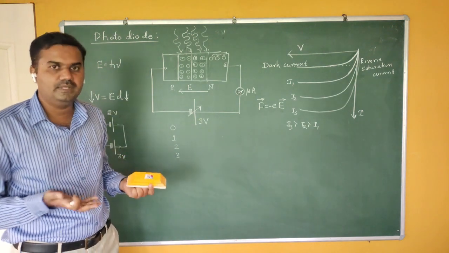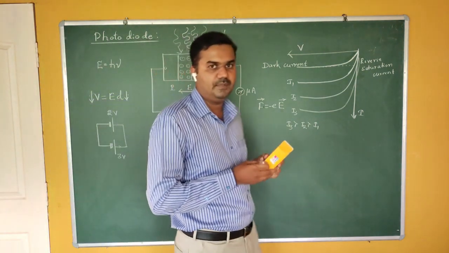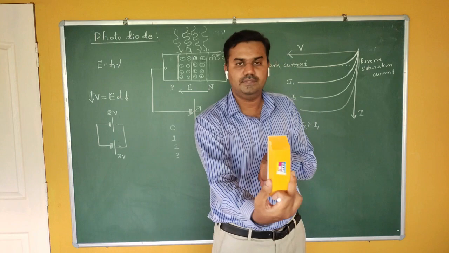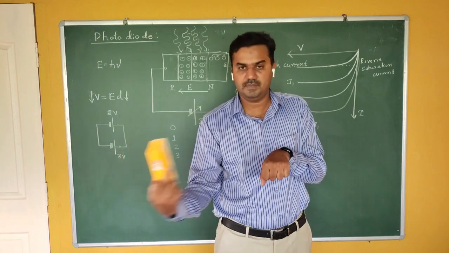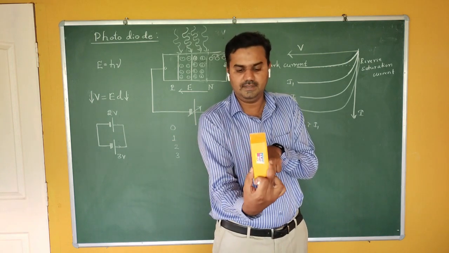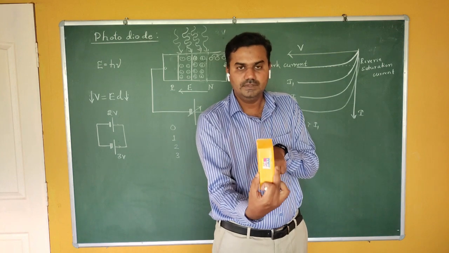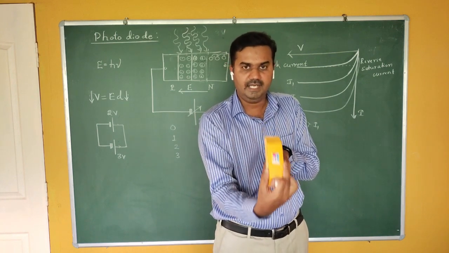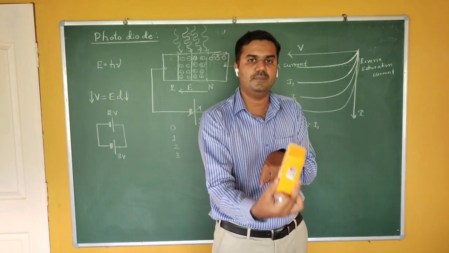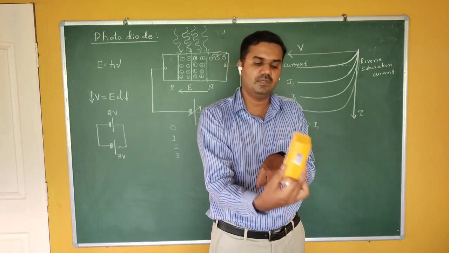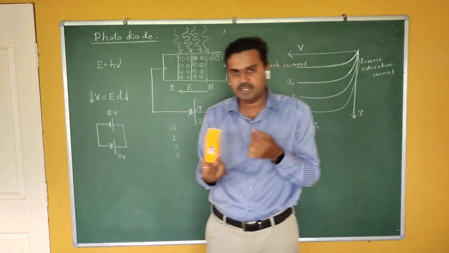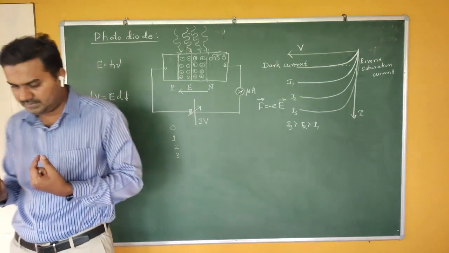We also use them in counting machines. You have some light here, and on the other side the photodetector diode. Initially you are getting a certain current. When an object comes in between, blocking the path between the light and the detector, the current on the other side stops. It is programmed in such a manner that this is counted as one. So they are used for counting, among other practical purposes.